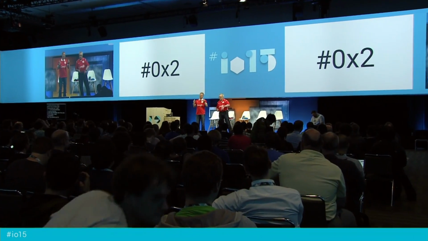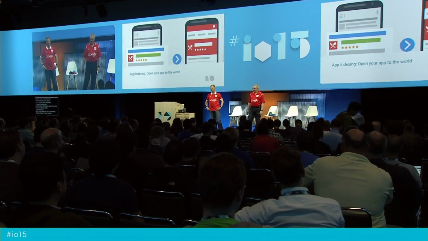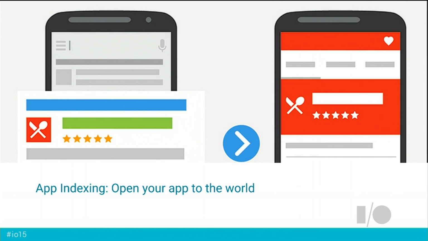And this brings us to number 0x2 on our countdown, which is app indexing. With more and more apps coming out every day, it's getting harder and harder for the users out there to discover your app. App indexing solves this by providing you with the capability to take specific content in your app, and surface that through this API and make it part of the Google search engine index. That means that users that are using Google search, searching for this type of content, can actually discover your app. So it's a great new feature.